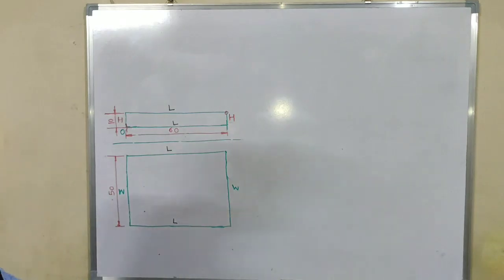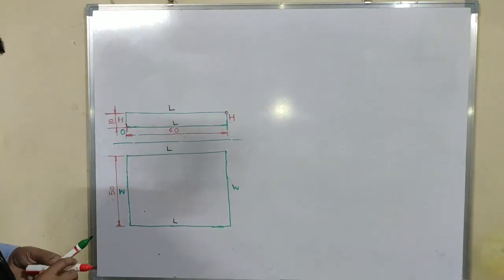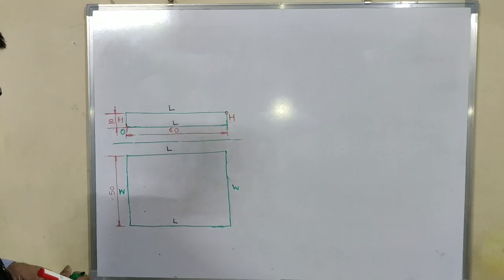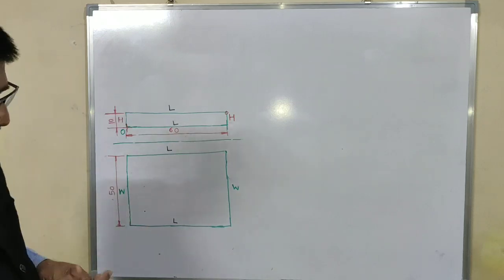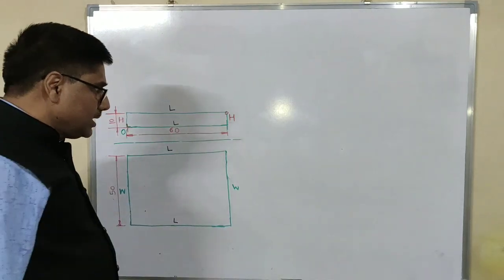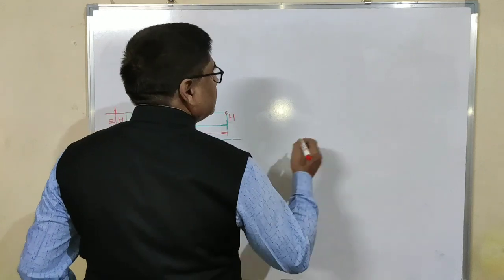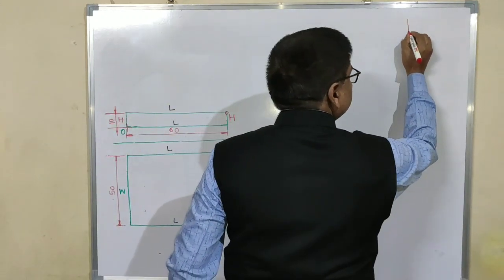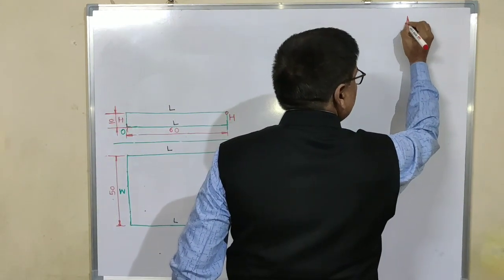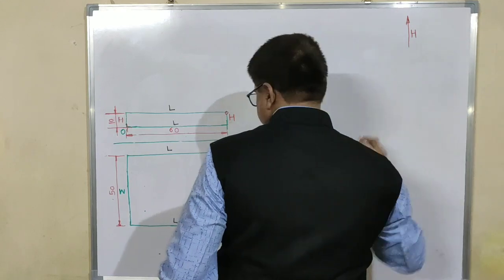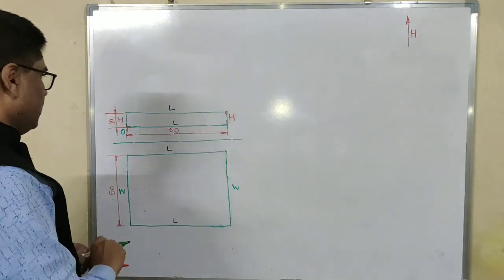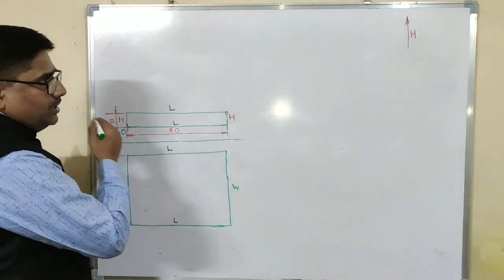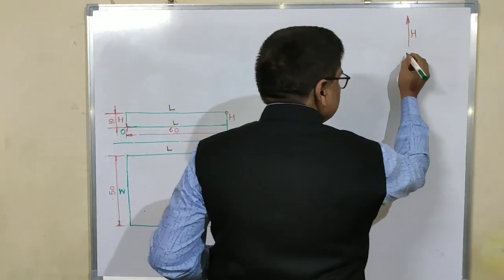Now, first of all, we shall draw the different directions for the isometric view. Now, vertical direction is the height direction. Height. And this is the length direction. Length will be to the